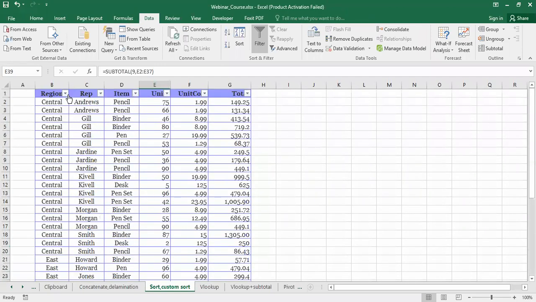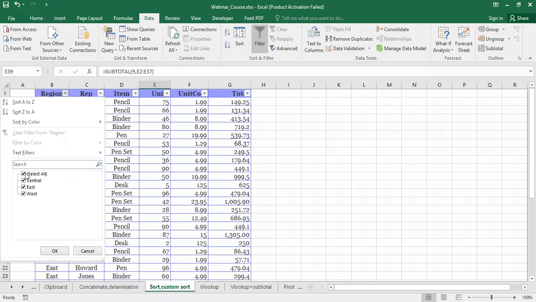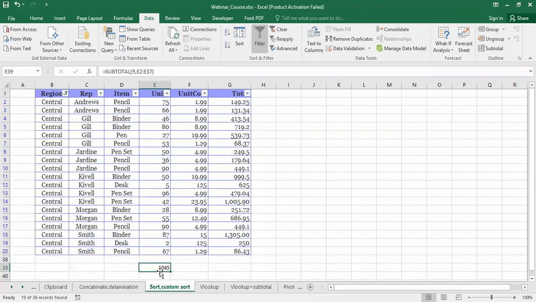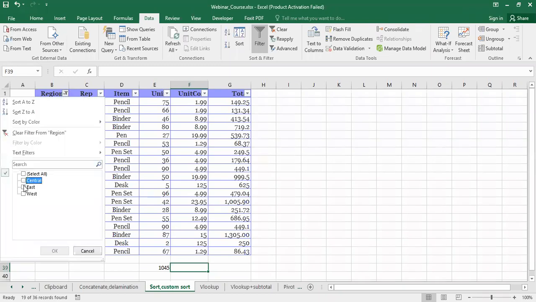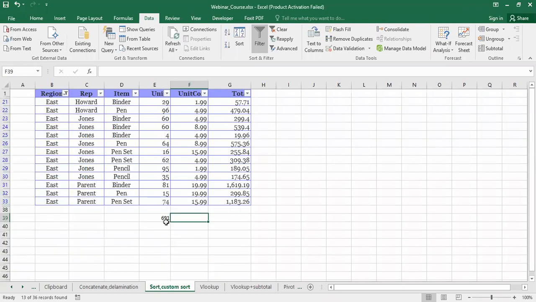But now when I click on this region column and filter, only Central, then you can see it is not the complete total, but only the addition of these. In the same way, you can do it for average also. Now if I change from Central to East and click OK, you can see this is the addition of only East.